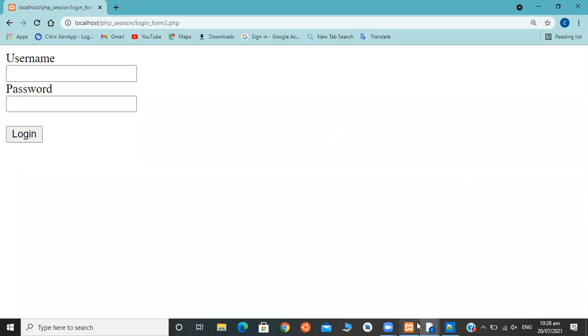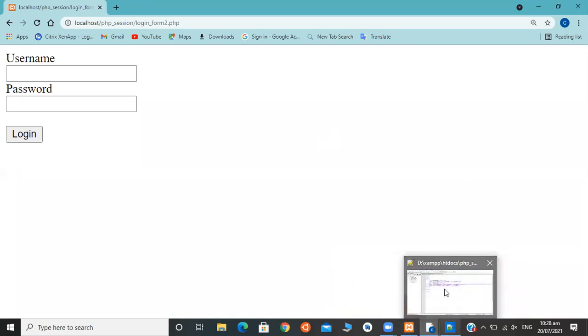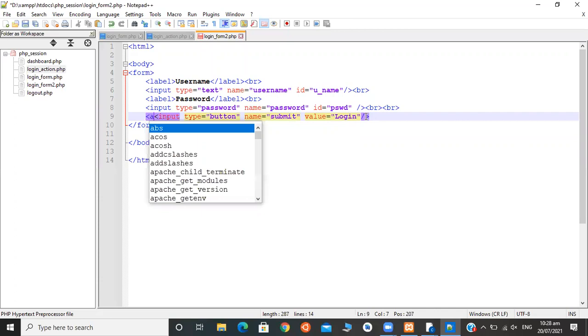For that, we need to go use the anchor tag in HTML.